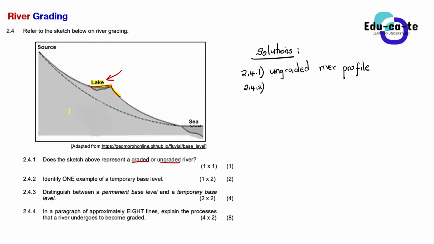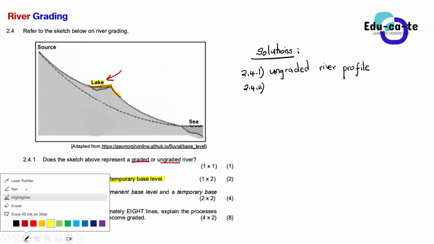So a lake is an example of a temporary base level, because a lake can be washed away. Sometimes there are lakes which used to exist, let's say in the 1990s, but now they don't exist anymore because they've been washed away by the river. So the lakes, the rapids, or any other landform that can develop along the course of a river, making it unsmooth, can easily be eroded. They are temporary base levels of erosion.